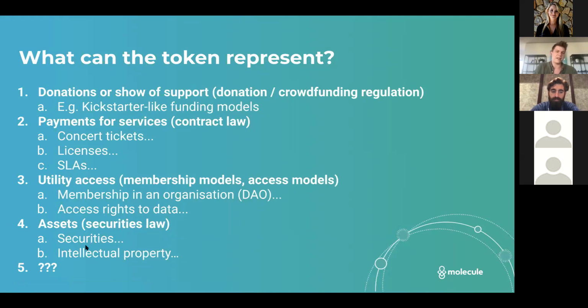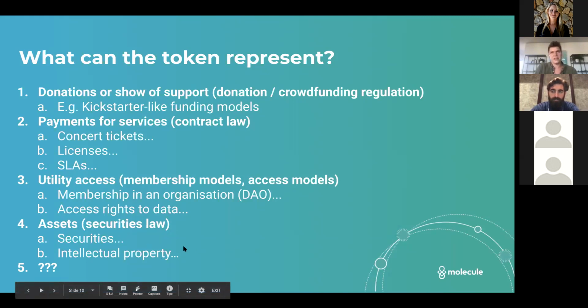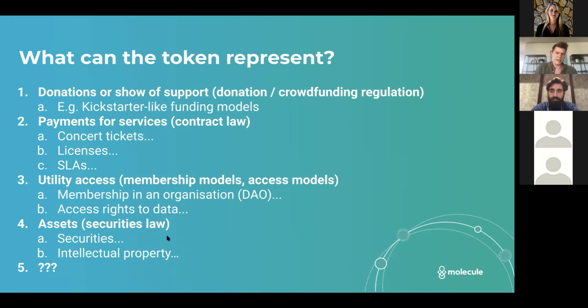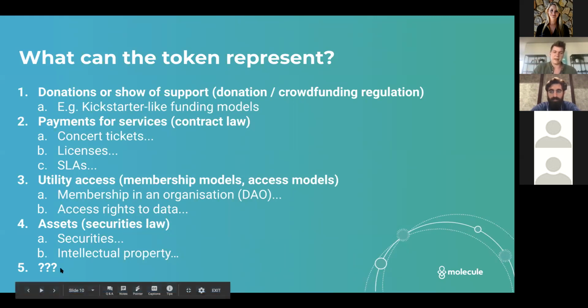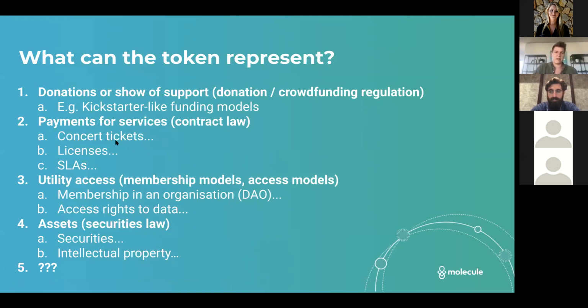And then what we're specifically looking at is intellectual property, which we've been looking at for a while, and what that would mean if you tokenize that. And there you would essentially go into tokenizing royalty streams or outright creating a special purpose vehicle that holds that intellectual property and then tokenizing that vehicle. And I think we're still at the very beginning of actually figuring out what we could do with these new market designs. A lot of them are in a legal gray area. It depends how you market them, a lot of the time in the US. But I think specifically around consumer goods, around utility access, as well as securities, we're going to see really interesting